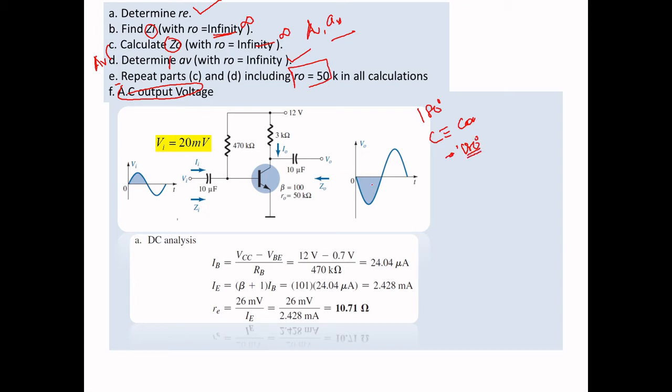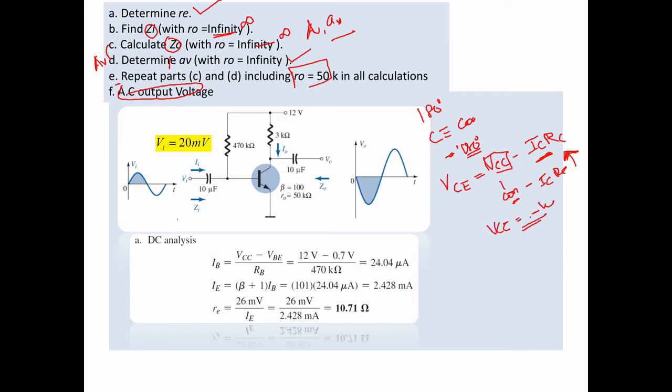Basically, why does this happen? Because the drop across this RC will be large. When you apply the KVL here, you will be getting VCC minus IC RC. So this VCC will be constant, and this drop will be changing based on the resistance. So this may go to a higher value. When it goes higher compared to VCC, your value will be negative.